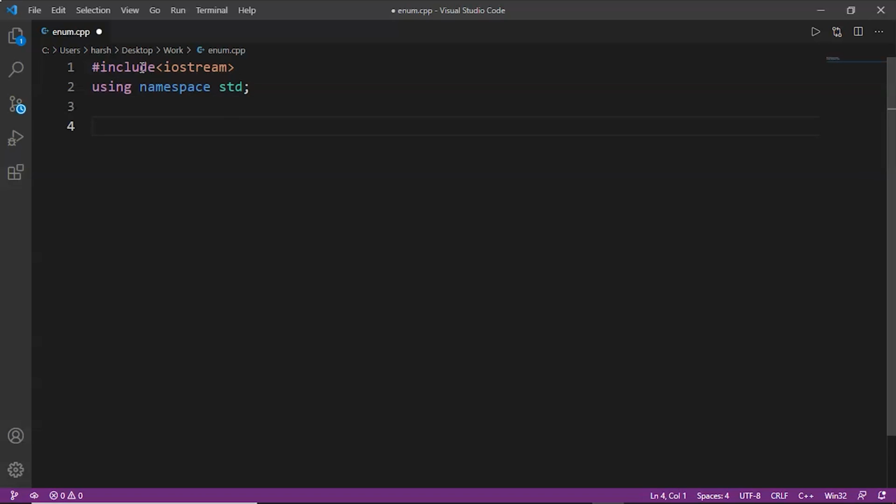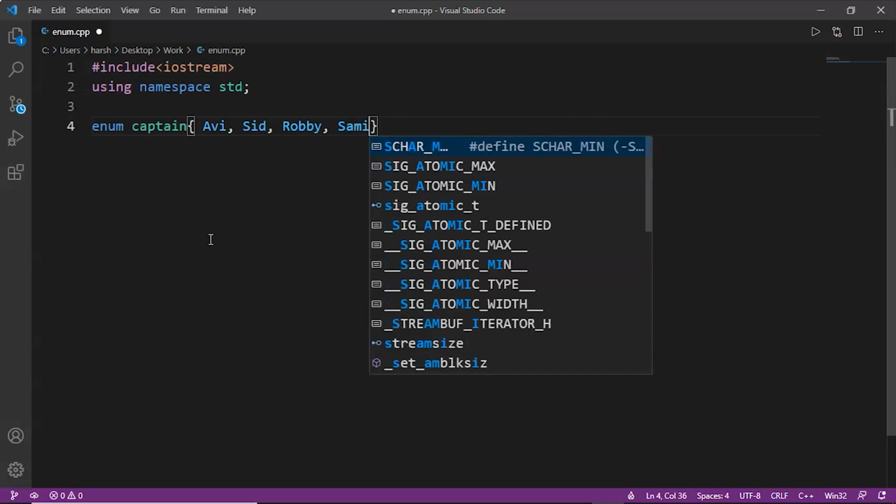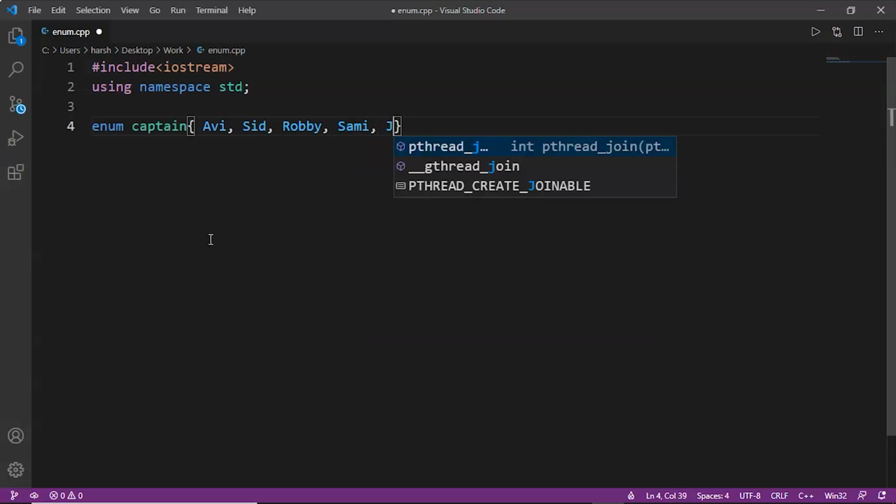Okay, now we'll write enum captain, which is the name of the enumeration type, and now we will write the enumerated values, which is, let's say, Avi, Sid, Robbie, Sammy and Jake. These are the team members.